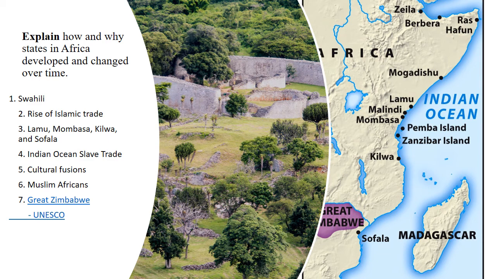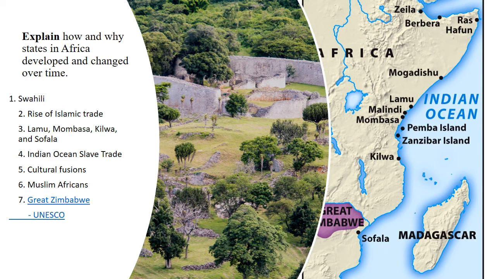One of the places from the interior that was integral to this East African trade network were states like Great Zimbabwe. You can see some of the ruins of what was Great Zimbabwe on the slide here, right? These massive stone structures. The word Zimbabwe in the African language that it comes from means a dwelling, right? And so Great Zimbabwe was the place of these great dwellings, these massive stone structures and walled cities for the elite in that area, right? There were a lot of not-stone buildings around here; most people lived in wooden buildings, and they thought that this city of Great Zimbabwe